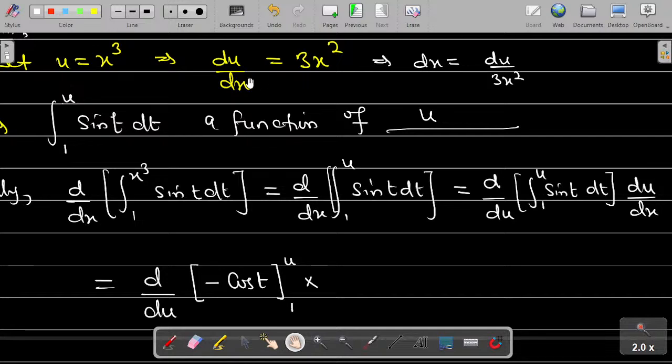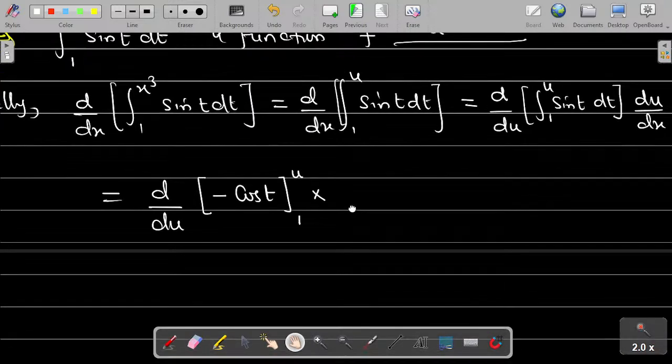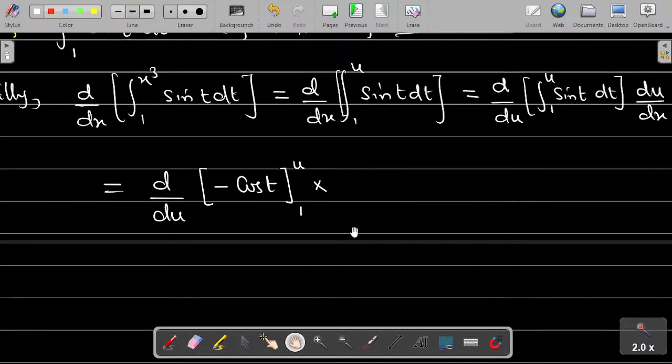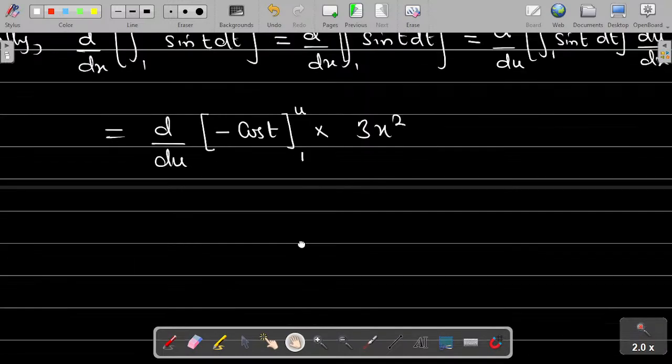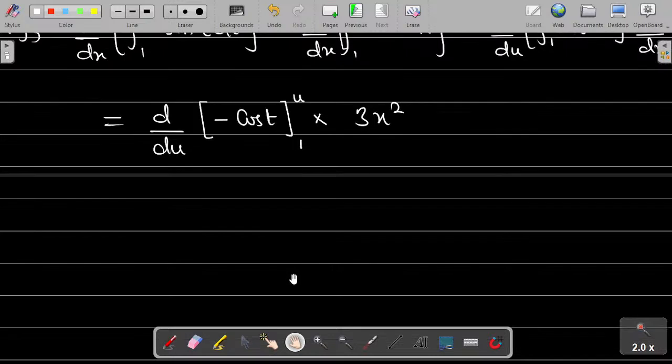So remember, we got the derivative of that as 3x squared. Okay, that's du/dx is 3x squared. So you are going to have this multiplying your 3x squared. Okay, so keep that one side, and then here we are now going to have